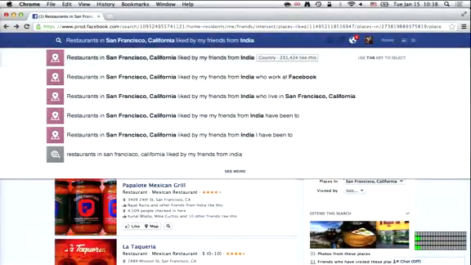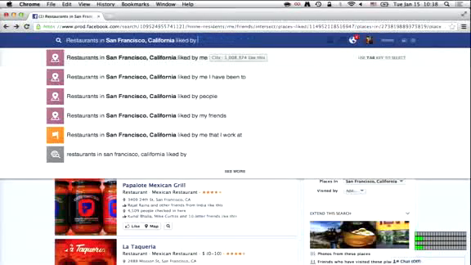And so this is how you can use graph search to find restaurants based on what your friends like, but it doesn't have to be limited to your friends. So let's just go back here a step to restaurants in San Francisco, and then instead of liked by my friends from India, we're now in the pro tip section of the demo here. There's this cooking school called the Culinary Institute of America that churns out these top chefs. And I want to look at what restaurants people who've graduated from there tend to go to.